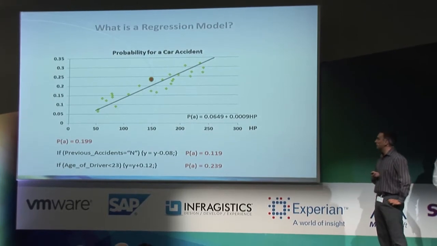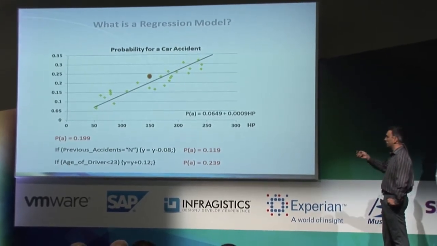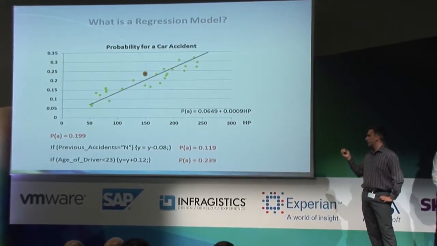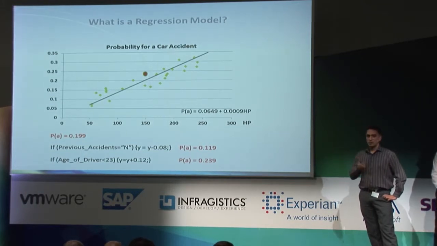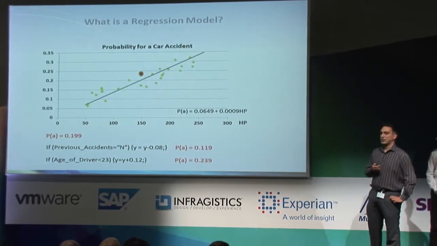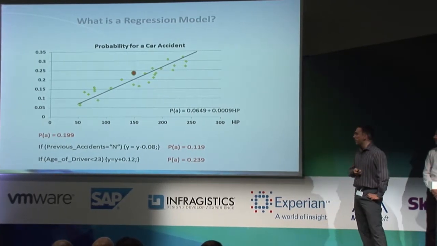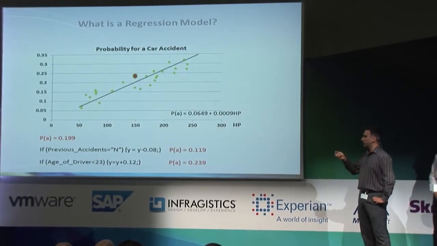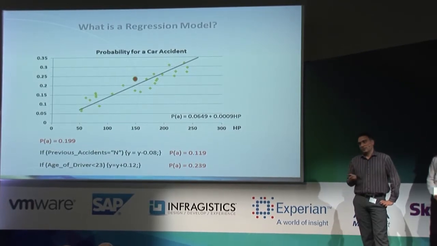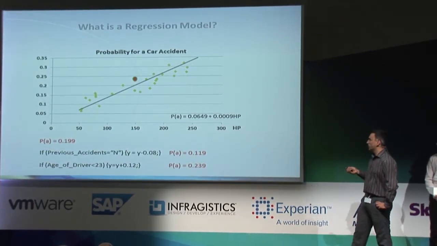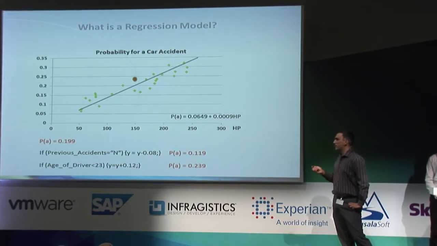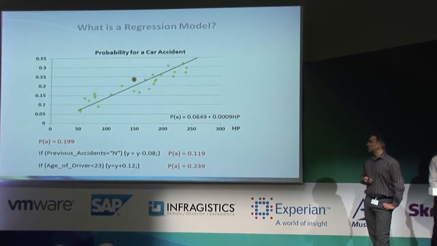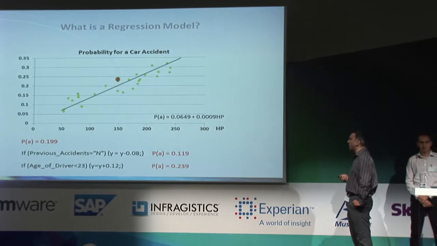So what Model Development Studio does is actually try to analyze big data and find some relationship between input characteristics like horsepower, number of previous accidents, or your age, and relate them to an output characteristic like probability of an accident. In the financial sector, this can be applied very well indeed, because you can have your salary, the things you own, and how often you paid your credits. This can be related to the probability of you being a good credit applicant. So this is how this software can be used in the financial sector as well.